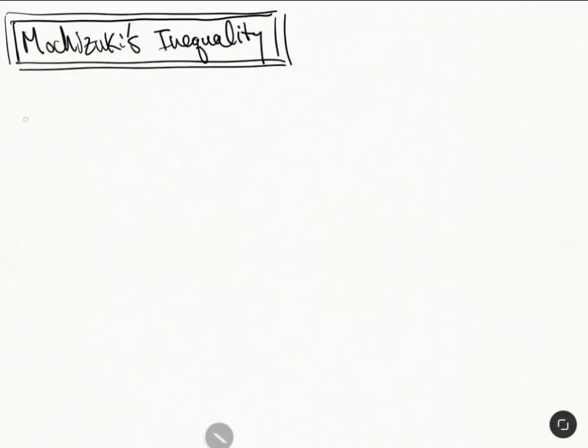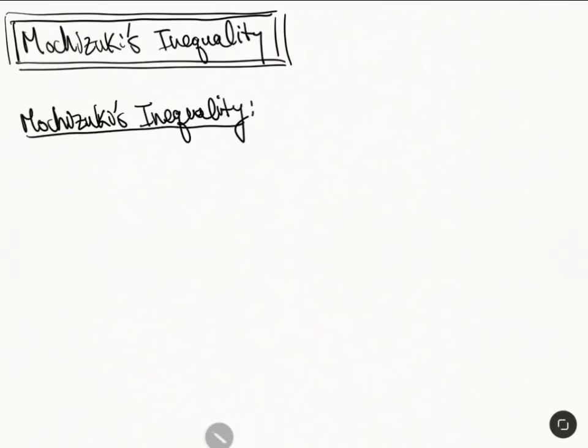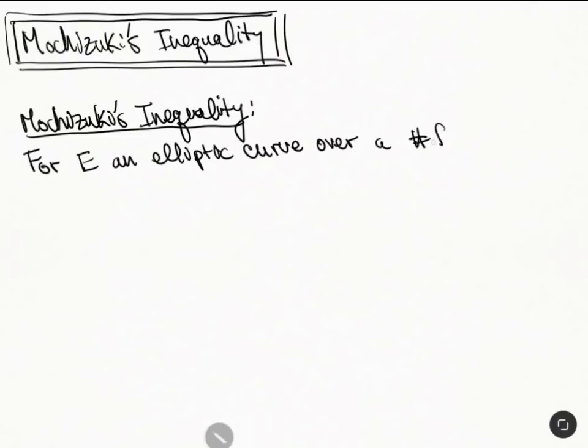Okay, I'm going to just give the statement here. And it's not going to mean much until I explain a lot. So there's going to be a lot of terminology. Okay, so for E, an elliptic curve, over a number field F, sitting inside